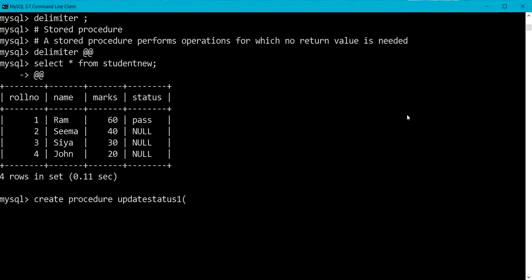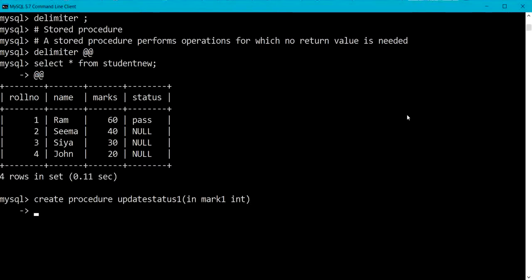Here I am going to pass parameter in this procedure update status 1. So in MySQL procedure we can pass three types of parameter: in parameter, out parameter and in out parameter. So here I am explaining the use of in parameter, which is an input parameter and is used to pass an argument to the stored procedure. So let me define here the input parameter mark1 which is of type integer.